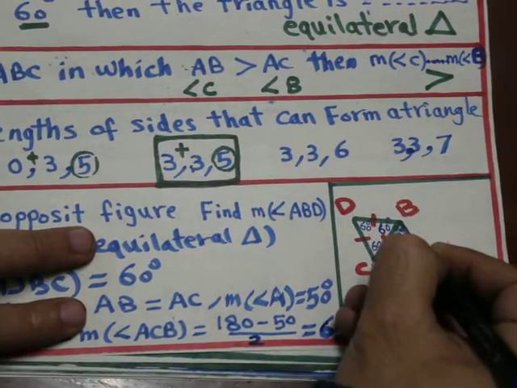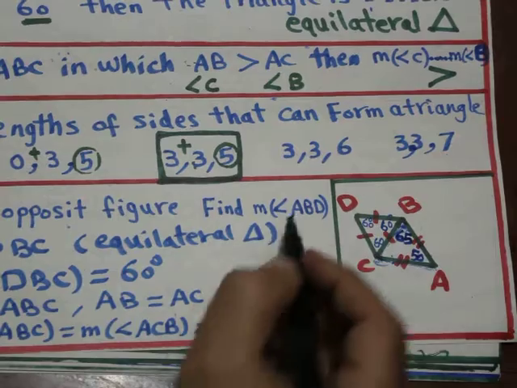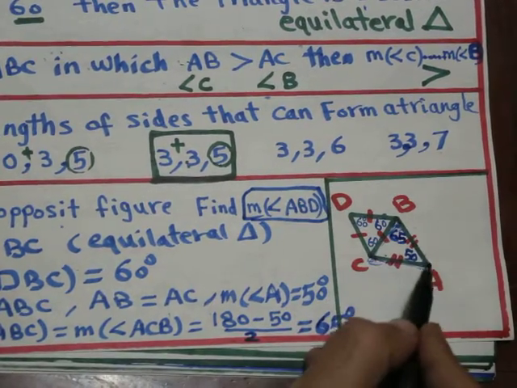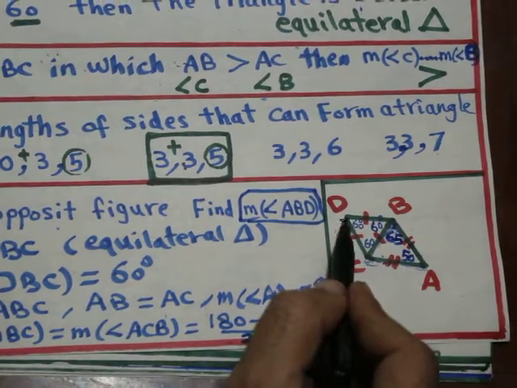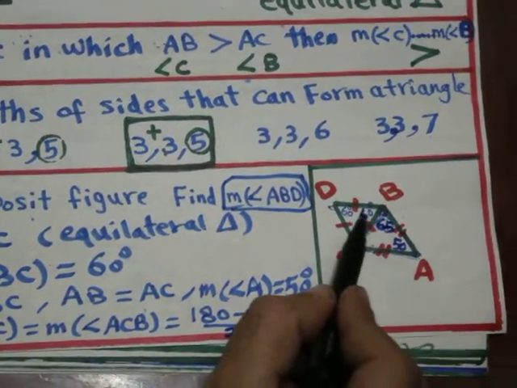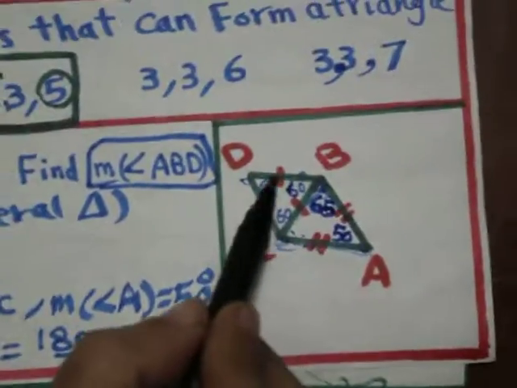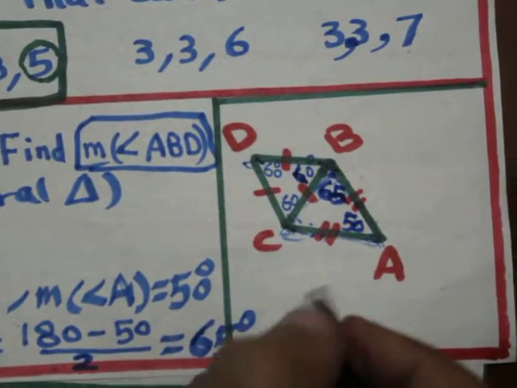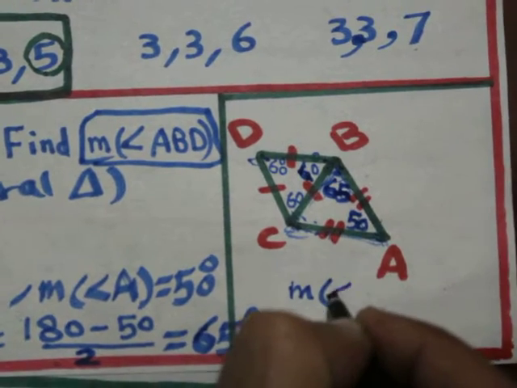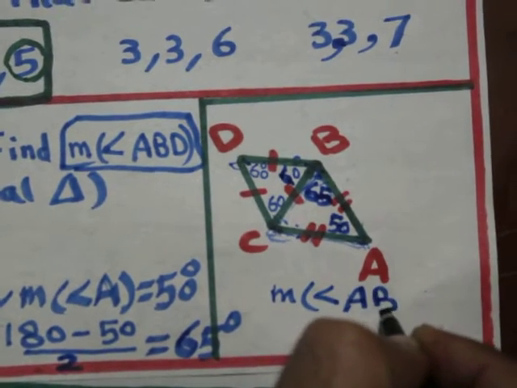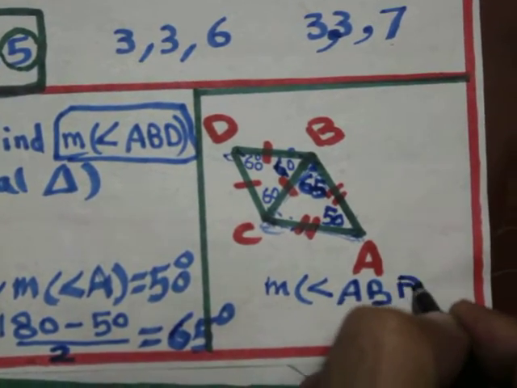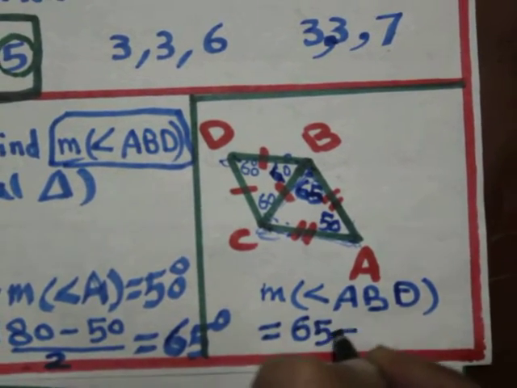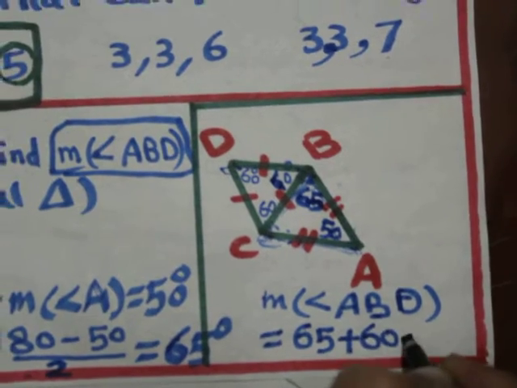And he wants the angle ABD. ABD consists of two parts: the angle ABC, 65, and the angle DBC, 60. So we add them together. So measure of angle ABD equals 65 plus 60 equals